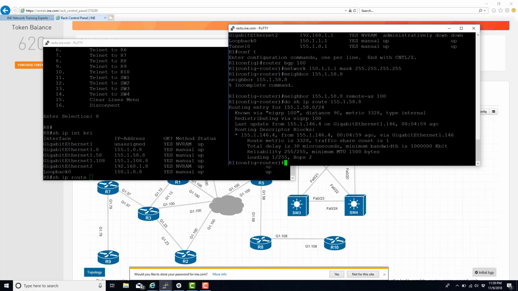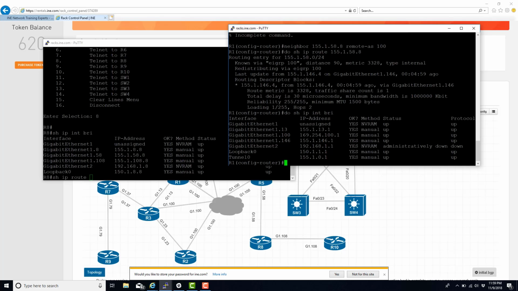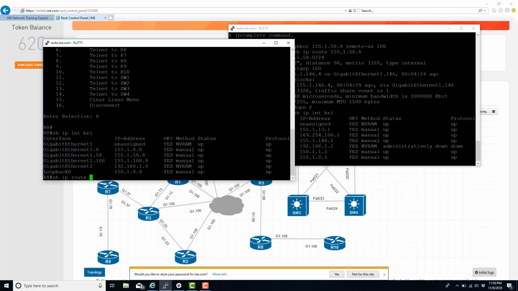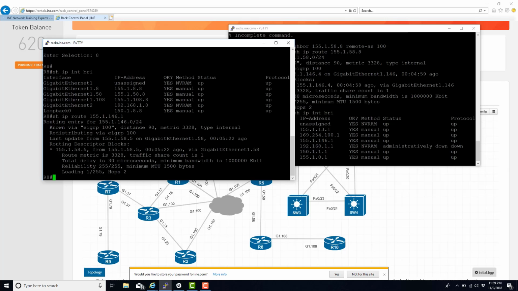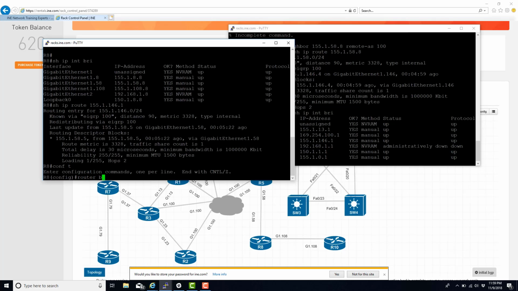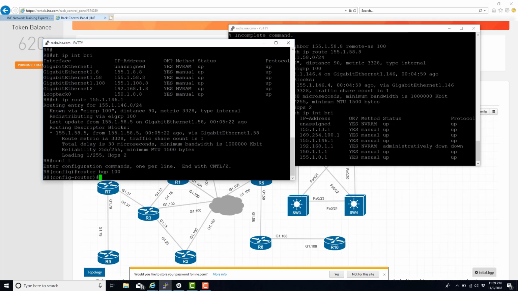Do show IP route 155.58.8. 146. So it's this guy right here. 146.1. Yep, makes sense. Config T, router BGP 100, network